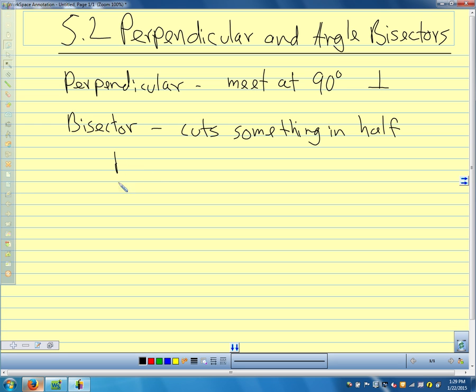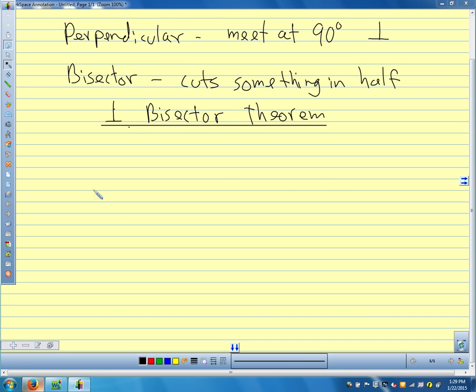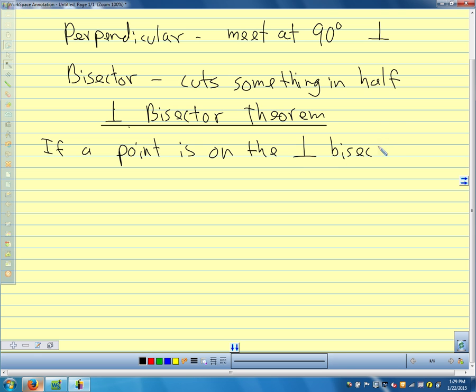First theorem is our, I'm going to use a symbol here so we don't have to write words, perpendicular bisector theorem. And these ideas, they're not complicated ideas. Just we have to pay attention to the details. So what our theorem says is if a point is on the perpendicular bisector of a segment,